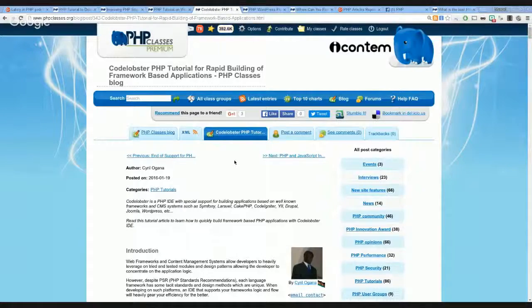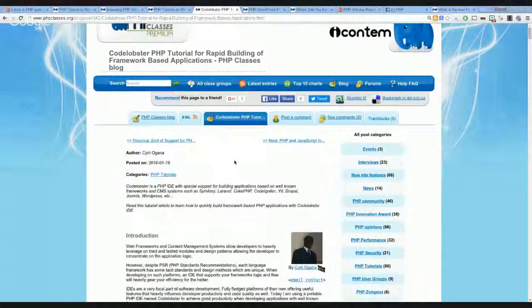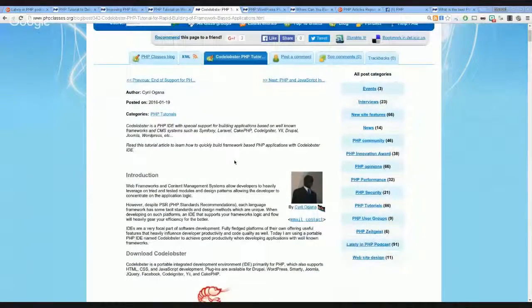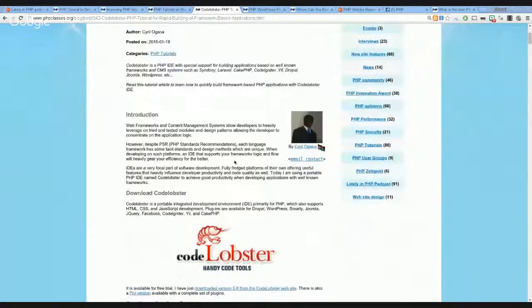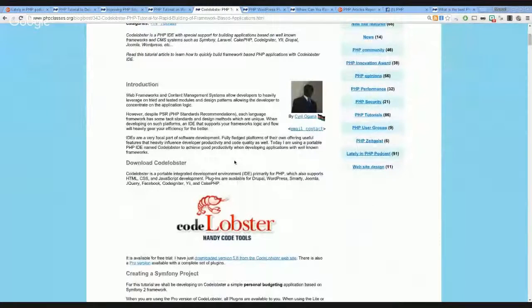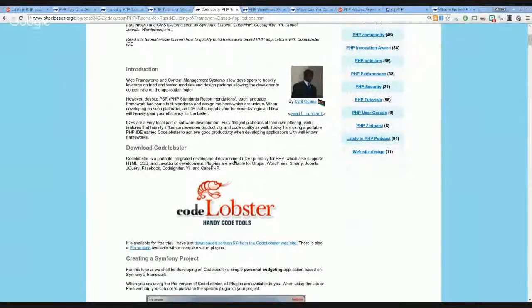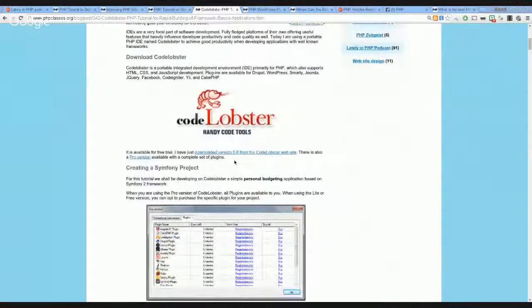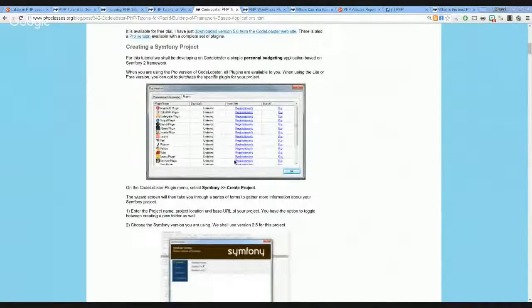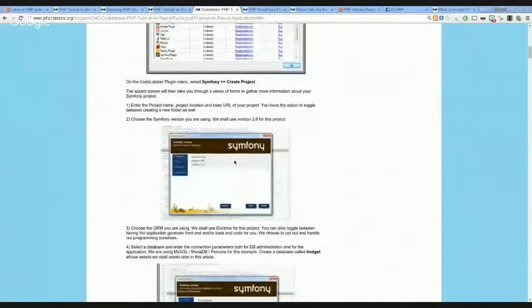This tutorial article is also a sponsored article, which teaches how you can use this IDE to develop applications based on different frameworks. In this specific case, it gives an example of creating a project based on the Symfony 2 framework, and